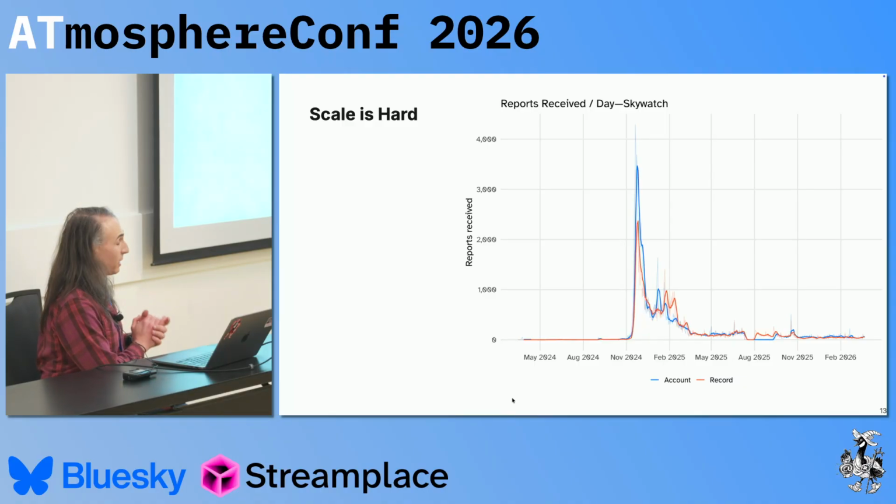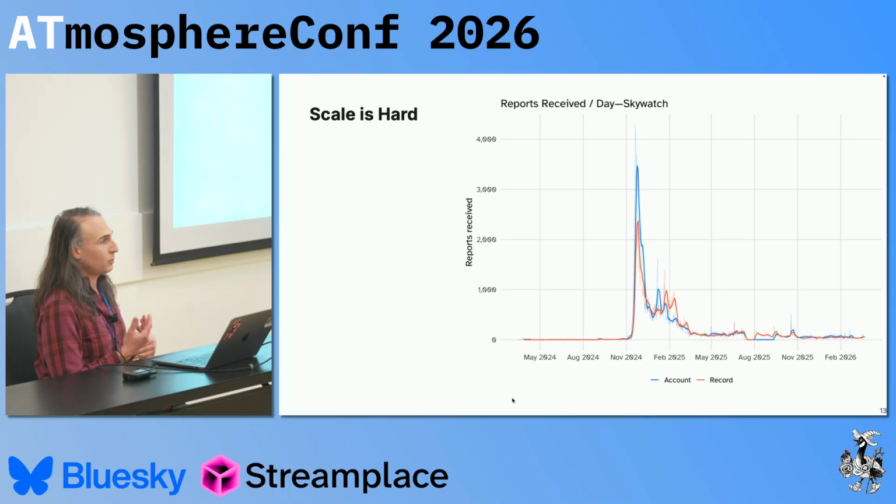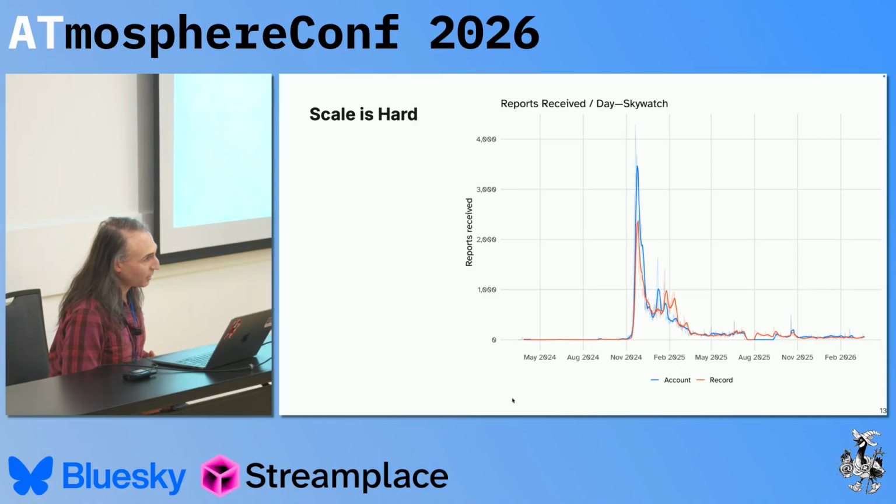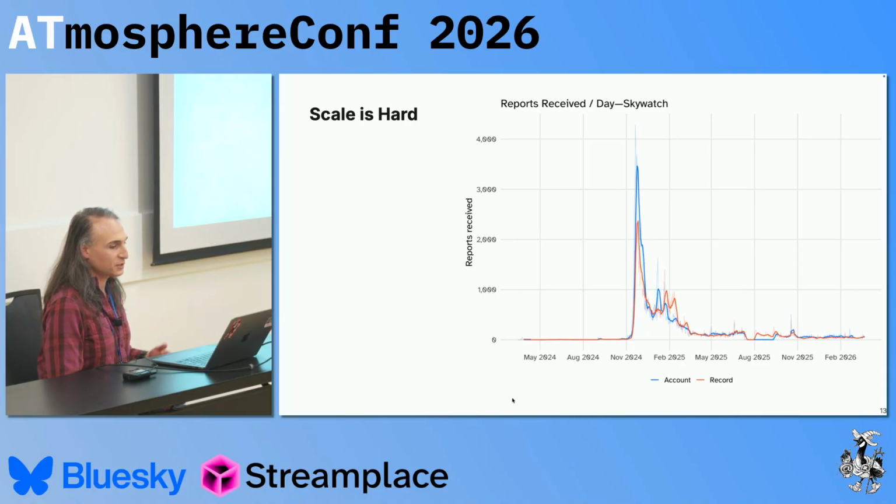One thing I think helped was that Bluesky made some changes to the reporting workflow so that you could no longer shotgun report content to every single labeler you subscribed to. It forced you to be a little bit more nuanced. And we've now settled at a baseline of between 3,000 to 7,000 reports a month. It varies, and I suspect that as we get closer to midterms, we'll probably see a spike as people start reporting certain content to Skywatch.